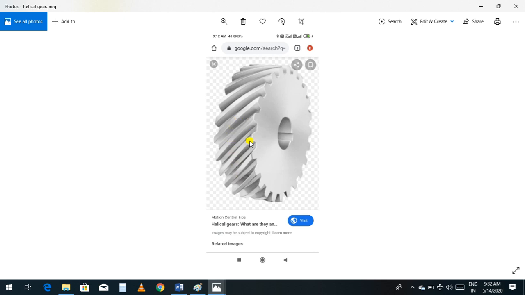It works by the same process as a spur gear, but the motion of the axis, the axis of rotation, and the resultant of the process will be different. So this type of gear is called a helical gear.